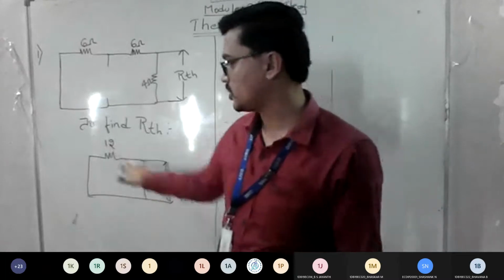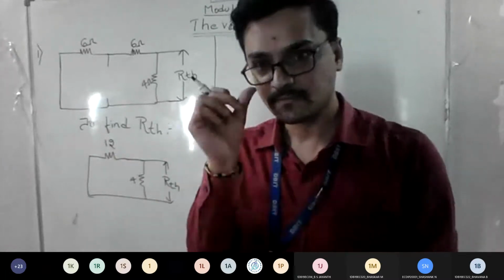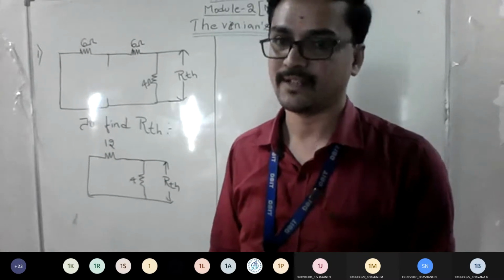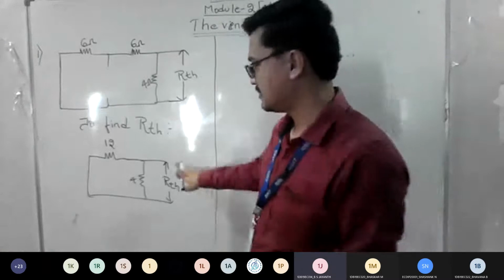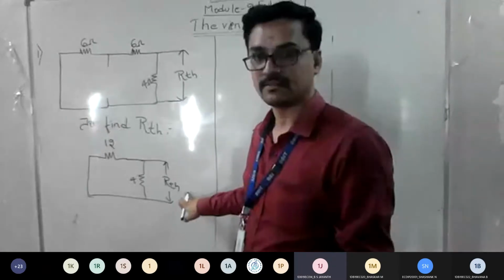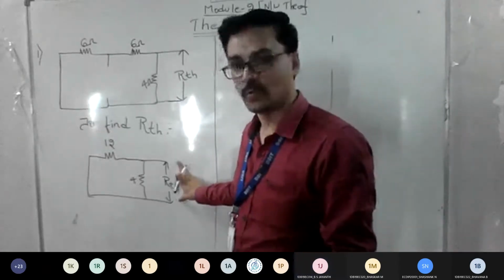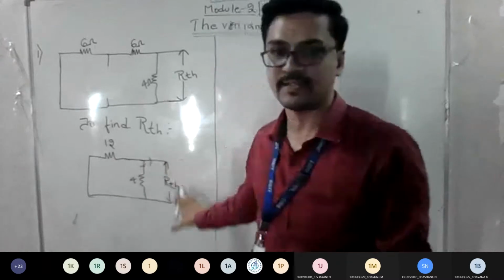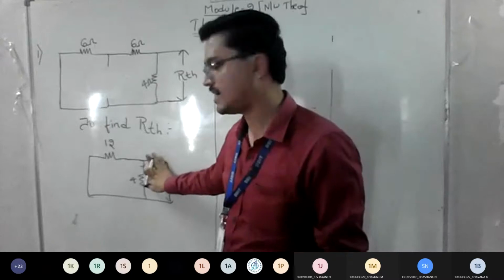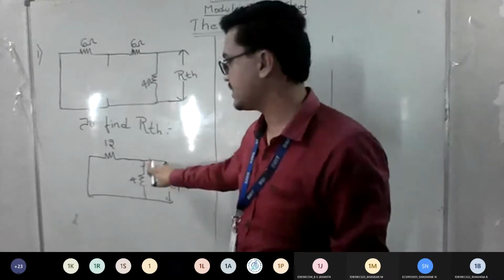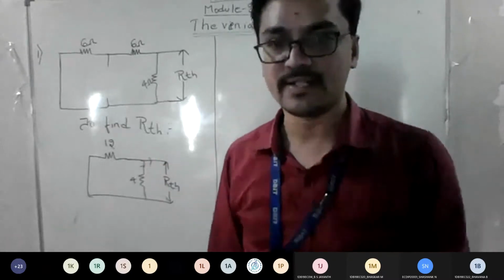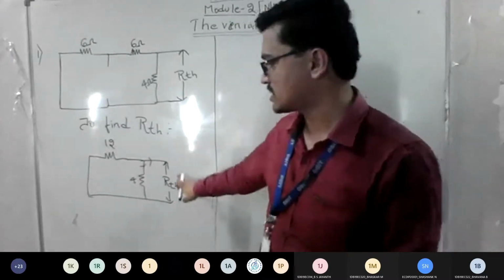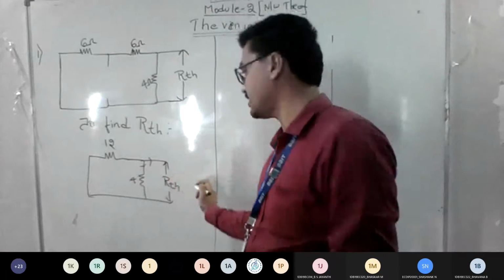Now look at this 12 and 4, is it series or parallel? Series. Hey, again the same mistake. Parallel. Sir, it's parallel because the current is dividing. Yes. See, this is a loop, right? This 12 ohm is coming here also, correct? Now we have to split this. If this was not there, then you could tell series. But there is a junction here, right? So you should take parallel. This is a mistake you will commit in the exam also. So be careful.